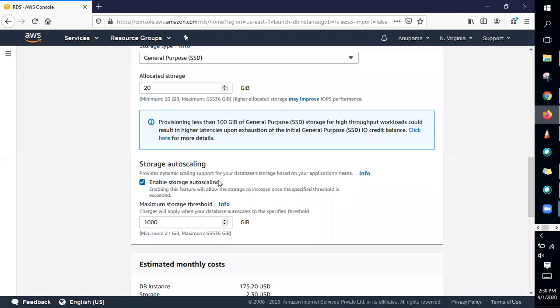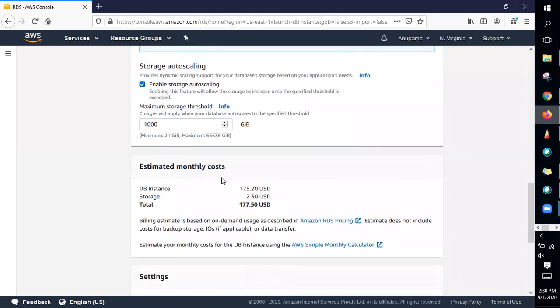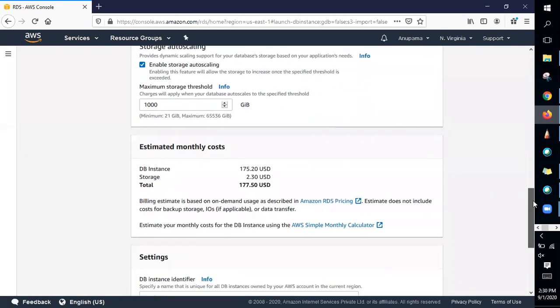Before this auto scaling, if you wanted to expand or wanted a larger volume size, you had to take a snapshot and create another database. When you're creating another database, you have to increase the size and then terminate or delete the previous one. But now it's not like that. It supports auto scaling. Automatically it can scale. Obviously it doesn't charge you just for enabling it. If your data crosses 20 GB, it will charge us. And it is showing you the estimated cost.